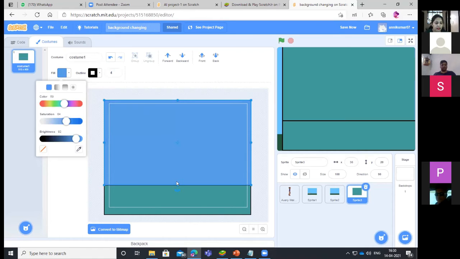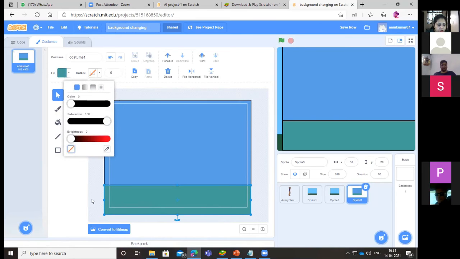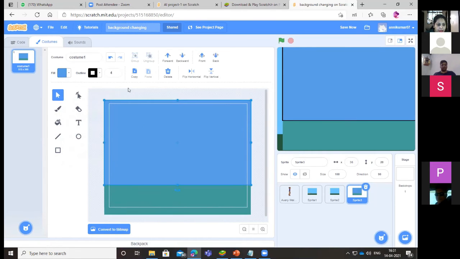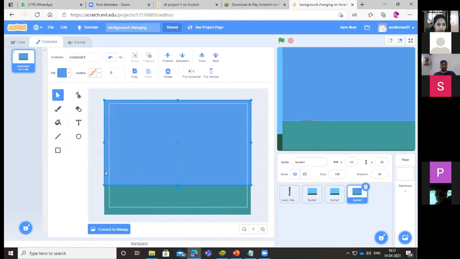Yes, somewhat like that. Then what I have done, I have created a circle. Yes, you will find these backgrounds are there. So click on this arrow, select this, and here you have outline. You put a cross. I don't want an outline. Similarly, here also you select and put a cross. I don't want an outline. So now you will find there is no line like that.